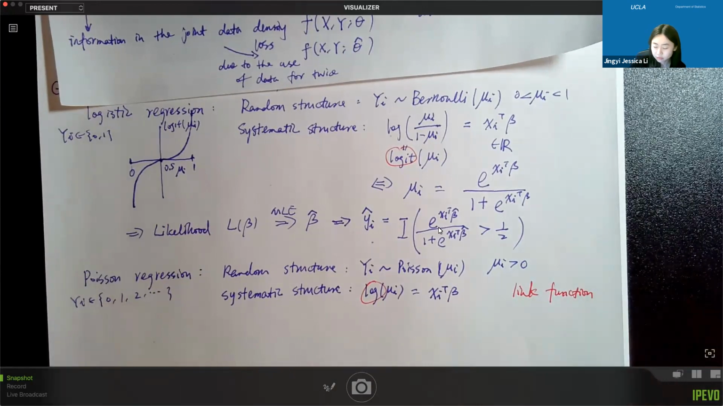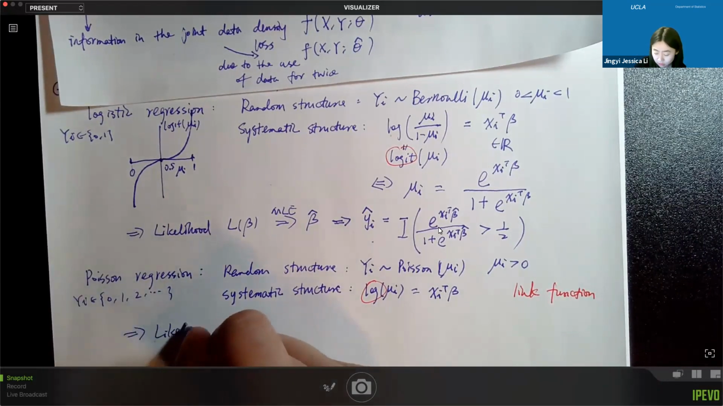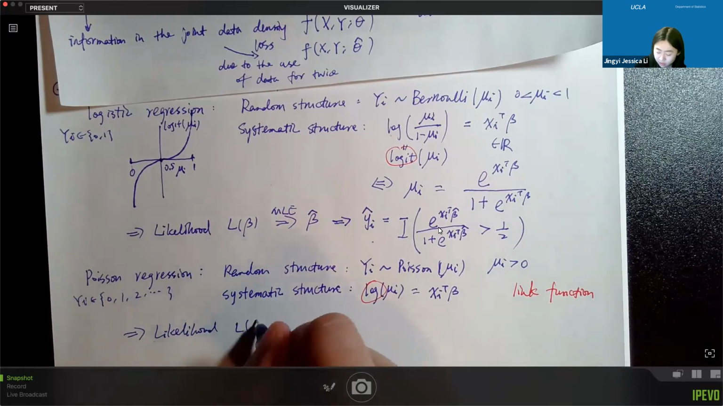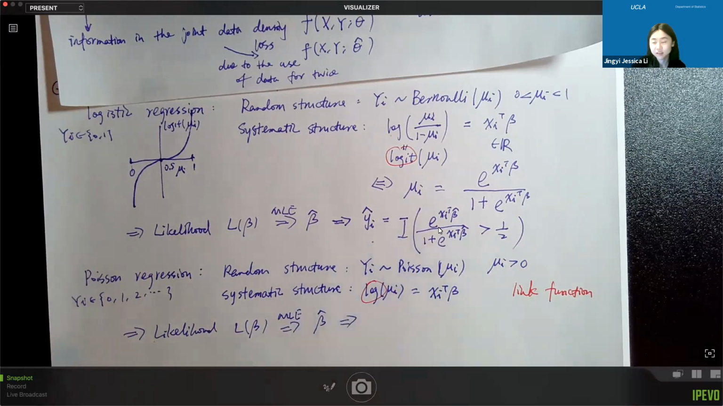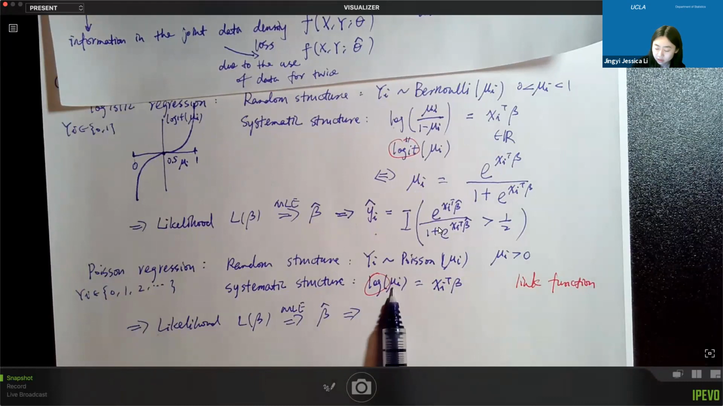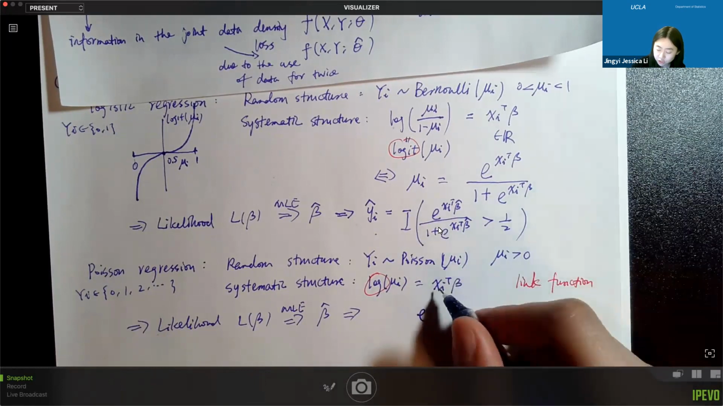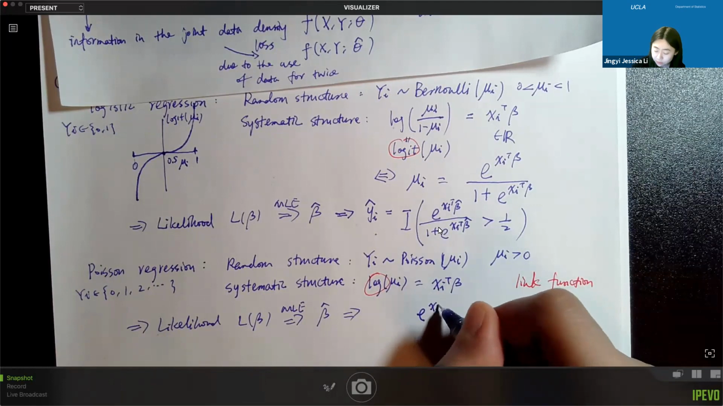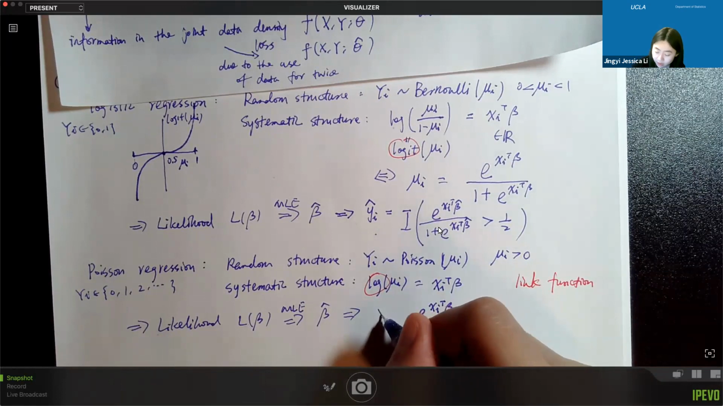So again, given Poisson regression, you are going to do the likelihood of beta, and you do MLE to obtain beta hat, and then finally you do prediction. So here, how is your prediction? You are going to predict based on this mu i hat. So mu i hat is equal to exponential of xi transpose beta hat. So you could predict yi hat